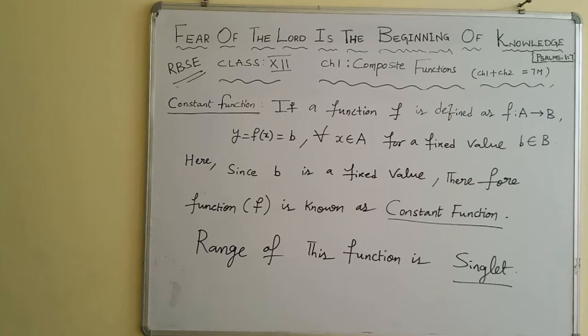So that means the b must belong to capital B, that is f maps A to B, and that b value must be a fixed value, or we can say a constant. Then that function is known as constant function, and the range of that function is always a singlet. Okay,